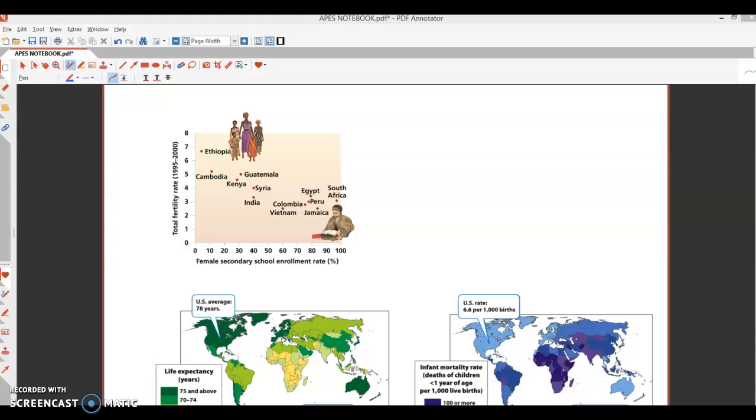So we have just finished learning how to calculate population statistics, population math. So let's look at some things that are going to impact population growth, specifically the total fertility rate. So remember, the total fertility rate is the number of children